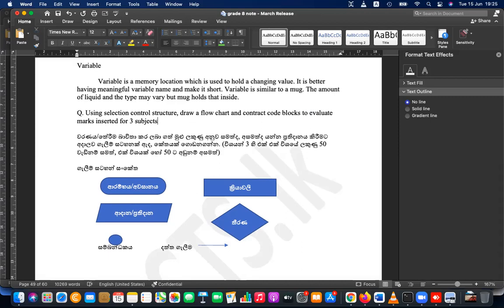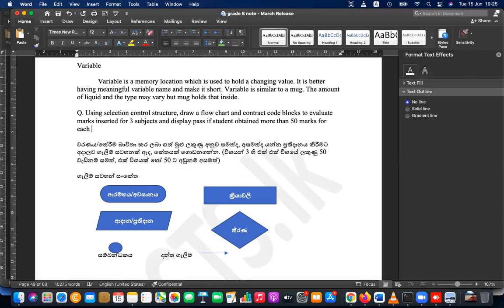Evaluate marks inserted for three subjects and display pass if the student obtained more than 50 marks for each of those three subjects. Display fail otherwise.